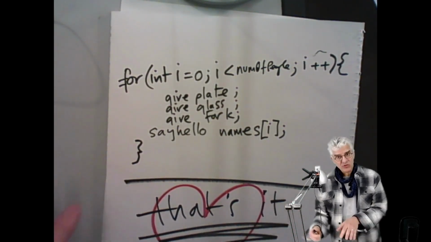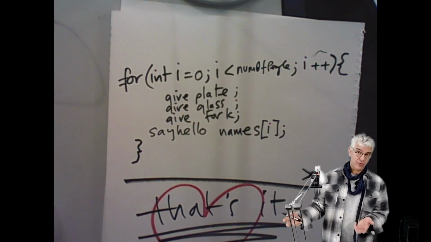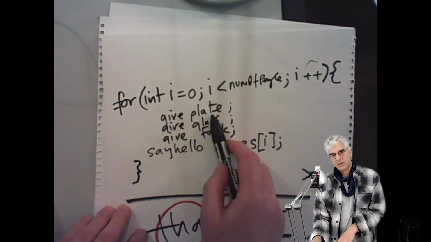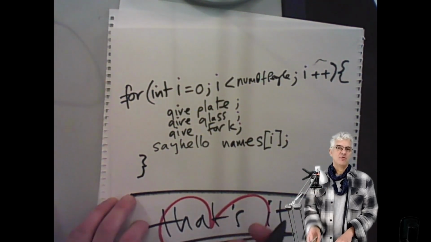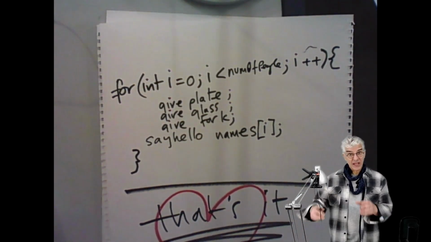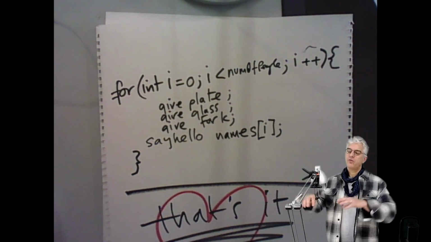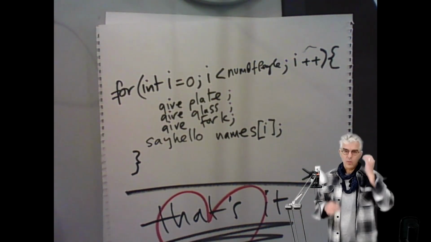Now, I've been using these things like say hello, give plate, give a glass, give a fork. But these aren't real commands. But I could turn them into real commands by making them functions. And functions are basically chunks of things that I want to do that I can fold up into a little instruction. Like if I say, make me coffee,